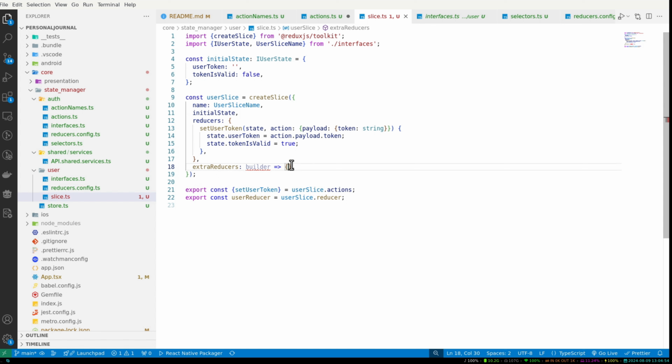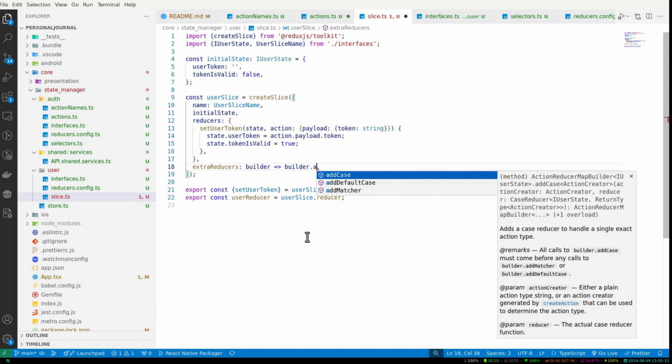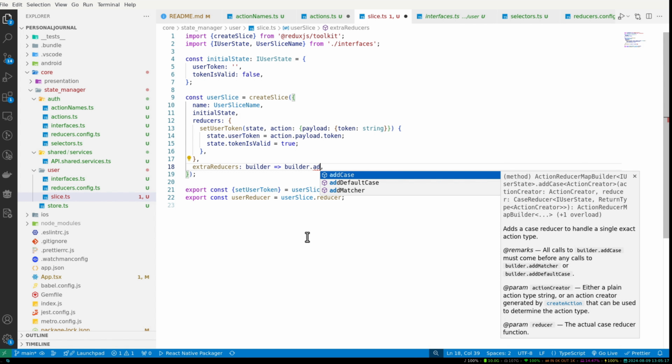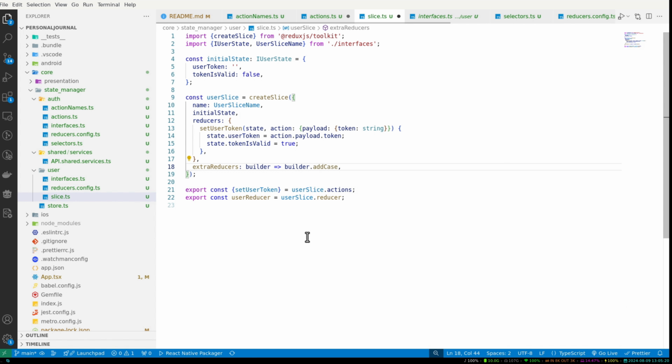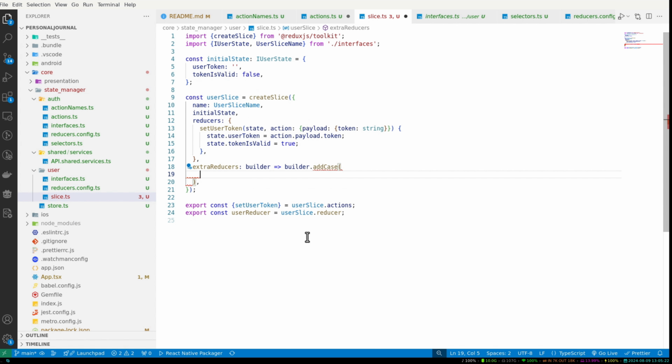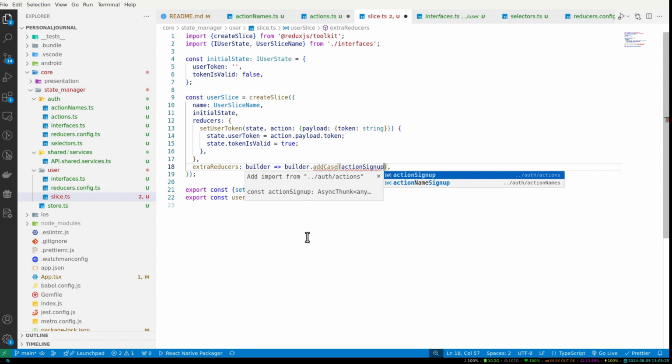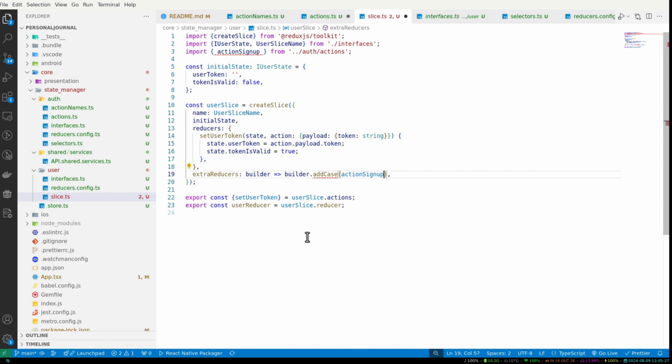So what the builder does is that it makes it so easy for us to access these actions that are not defined here, because that's why they are called extra reducers. And the reducers actually target the state. So they will target the state based on an action that has been performed. So what is that? Builder dot add case. This case is actually an action that has been performed, and the action in this case, for example, this is just an example. Let's say we want to say, when the user has clicked the sign up button and